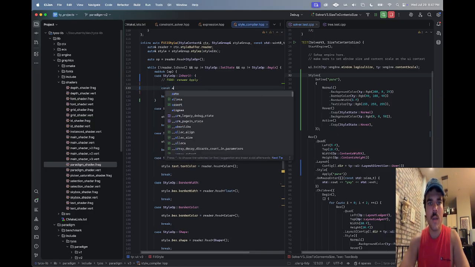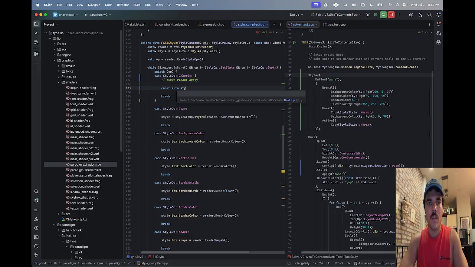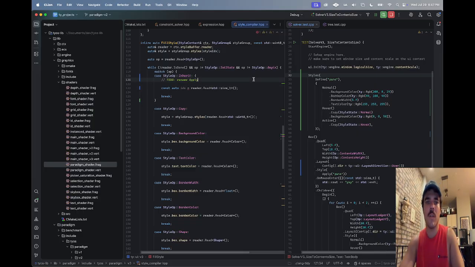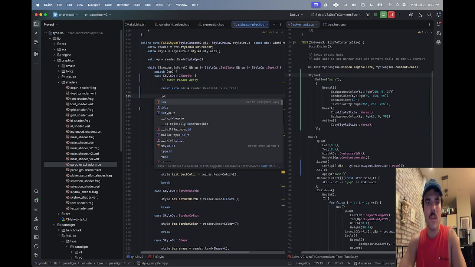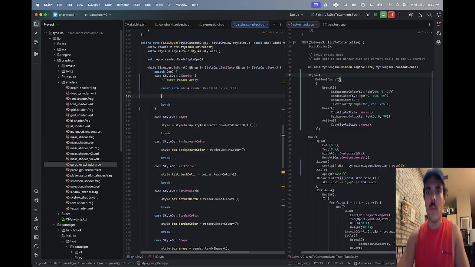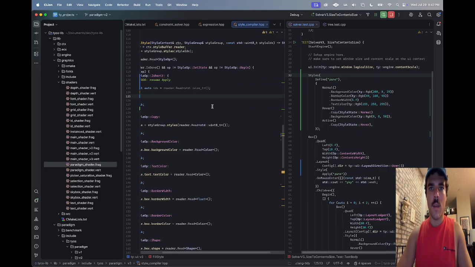So we'll say const auto style index is reader.read std::size_t. Okay. Let's just call it index then. Okay, whatever. Okay, so we have index, and we basically need to then say,